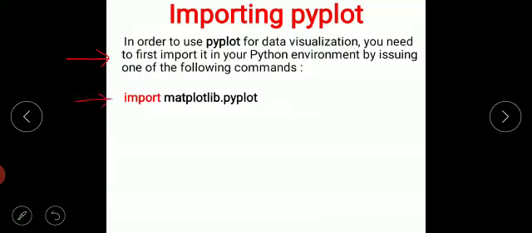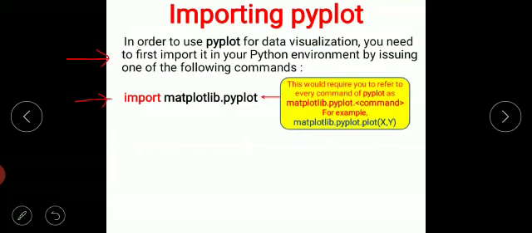Matplotlib is the library, pyplot is the module, right? This would require you to refer to every command of pyplot as matplotlib.pyplot.command if you are going to import the pyplot like this, right?